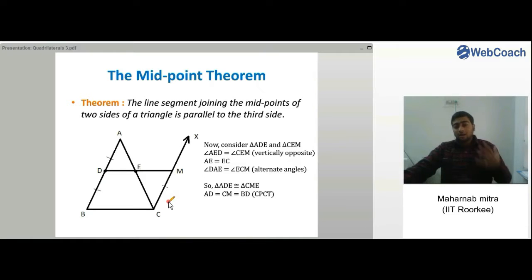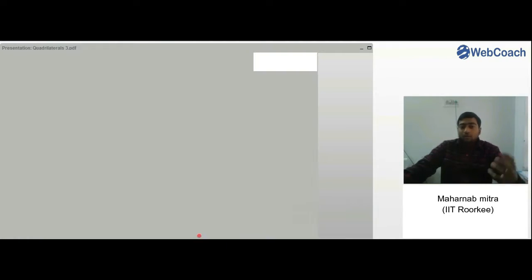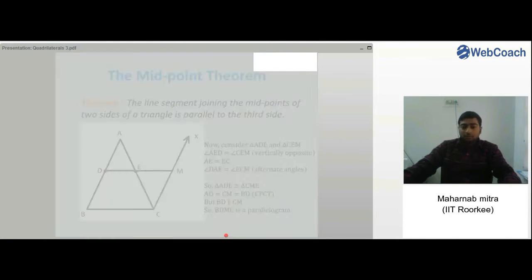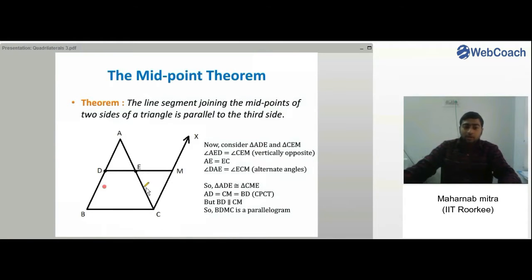If two sides of a quadrilateral are equal and parallel, because BD is parallel to CM, right? If two opposite sides of a quadrilateral are equal and parallel, what is the quadrilateral formed? It is actually a parallelogram, right? BD is parallel to CM, so BDMC, we have proved that it is a parallelogram. And if it is a parallelogram, obviously